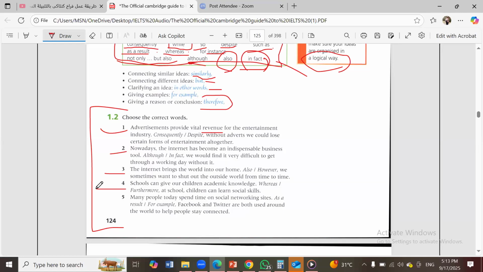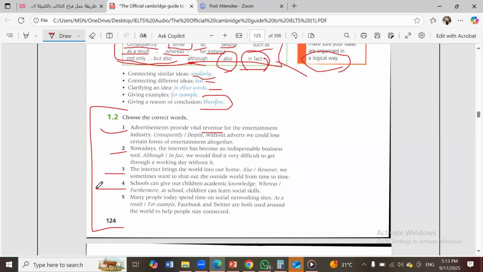Maysam, number 4, schools. Schools can give our children academic knowledge. Furthermore, at school, children can learn social skills. Furthermore. Why not "worries"? I think because